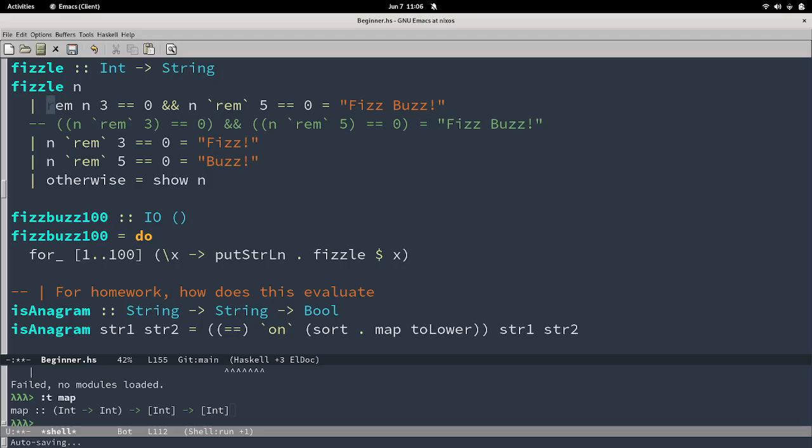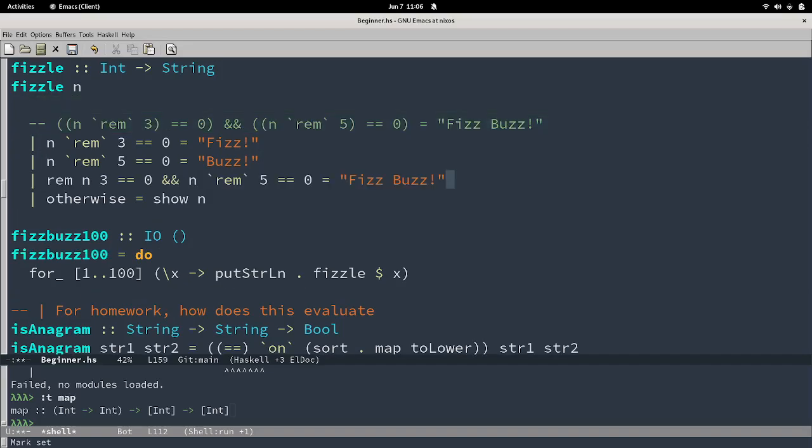And so what this gets into is overlapping cases, right? What I mean by that is if I was to put this last here, this would never get hit, right? This would never happen